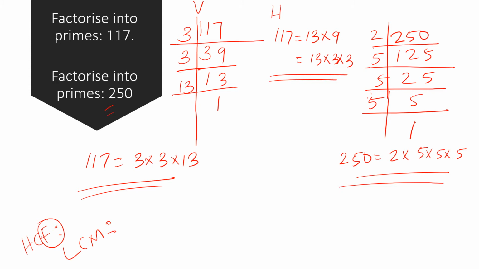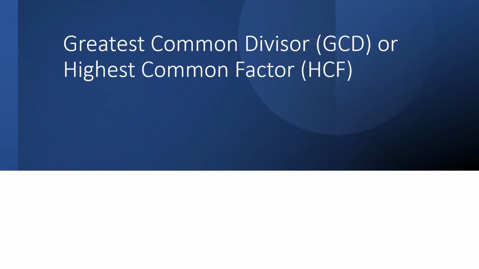HCF stands for highest common factor. What does it mean? Highest common factor. If you have to factorize and find the common factor, then in that case at least 2 numbers should be there. Is there anything common in the factors here? 3 here, 3 here, 13, 2 here, 5, there is no common factor. So how is the concept of highest common factor between 117 and 250? I am not talking about it. I am talking about factorization now. You can factorize numbers like this, you can convert them into a product of primes.